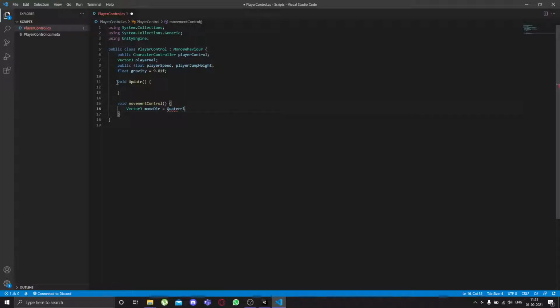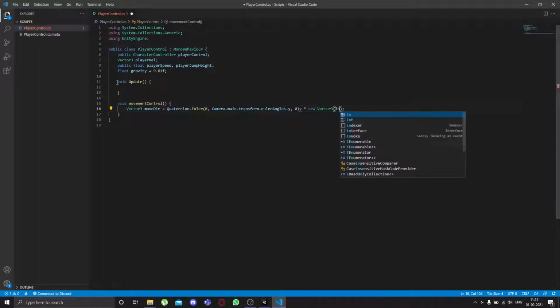It's horizontal axis, 0 on the vertical scale, and